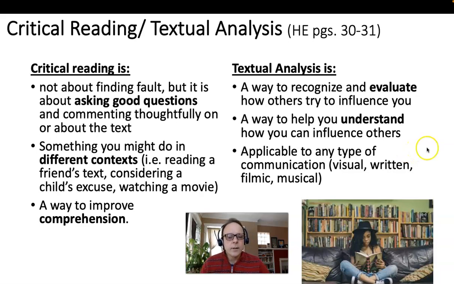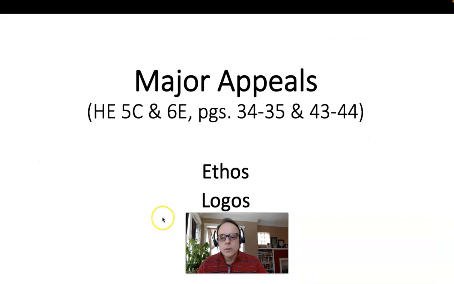But if you look up at a billboard and you're like, there's that guy, he's a famous football player, and he didn't used to have any hair, and now he does, and they're selling hair products or whatever. I wonder how much he's getting paid for that. And so on. So you can use textual analysis on a visual, like a billboard, or written text, of course, a film, music. You can look at your favorite song lyrics and take those apart and try to understand them. And again, there's a little bit more about this in the book, and I'll bring this up a couple more times as we go throughout the semester.